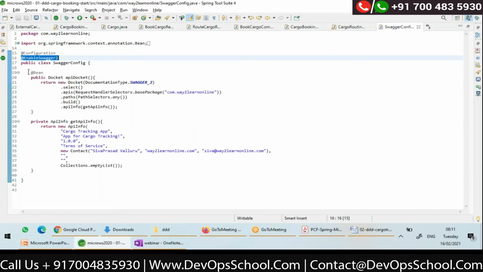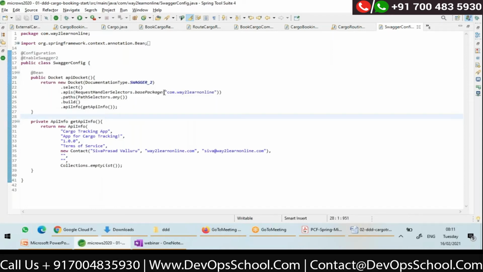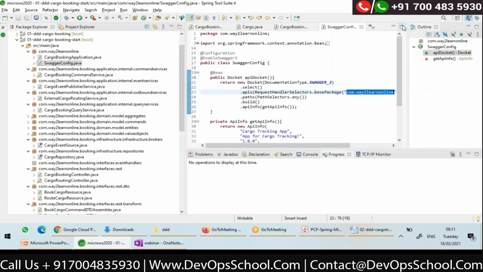And here I define a Swagger docket bean. By configuring this, I'm telling what the base package for my REST controllers is. So by configuring this, it will generate the Swagger documentation. So I am actually done with